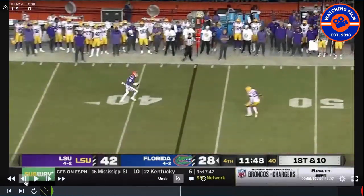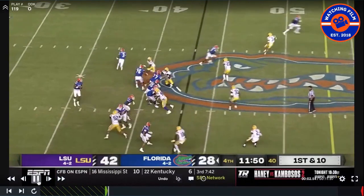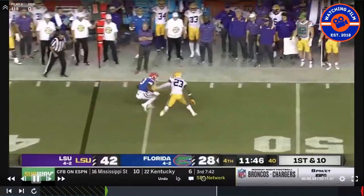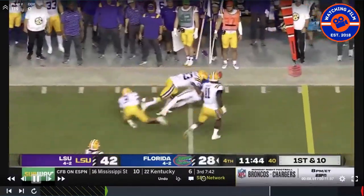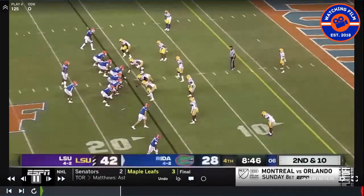I like seeing this. The one earlier, right? He had the shot and he tried to take off right here, drops it down. Hey man, if you can just pick up some yards on first down, that's great. You pick up 9 yards on first down, awesome. You get the ball down the field here. 2nd and 10,